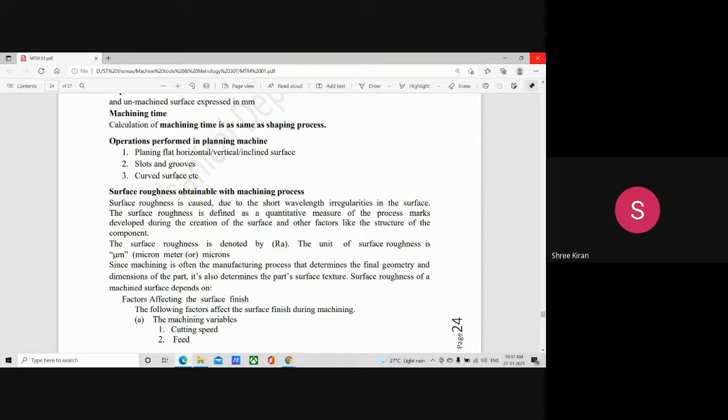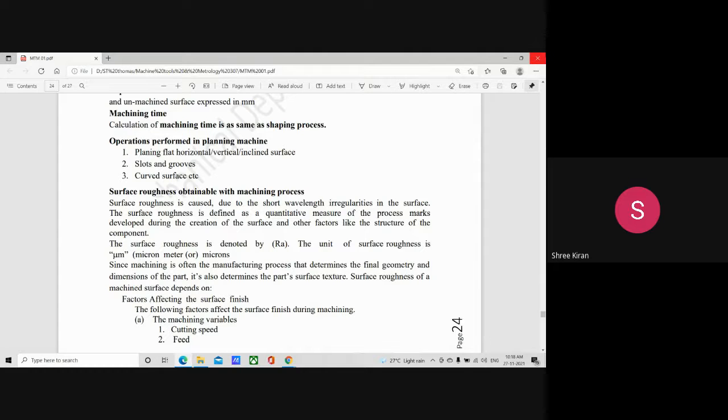Now we will be talking about the surface roughness obtainable with a machined surface. This surface roughness topic we have already discussed during our offline classes in your classroom. I hope you remember it was the first day where we had a basic representation of a lathe, what the parts are, and how we have the surface roughness. I gave an example regarding the bench on which we are sitting: the wooden surface, the surface roughness, the material properties, the cutting aspects. All this we have discussed. So now we will come to the surface roughness obtainable with various processes with respect to the planing machine.